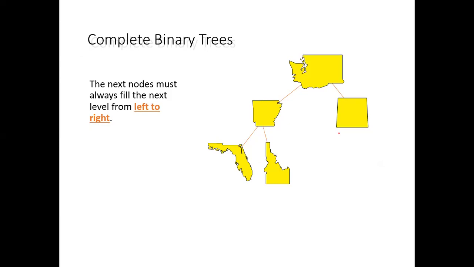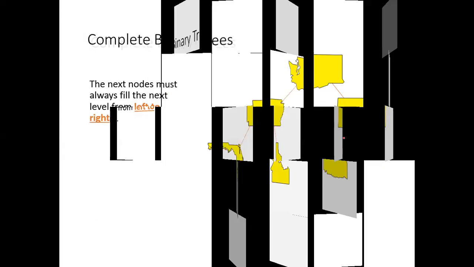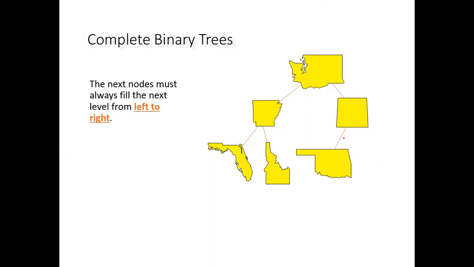So the arrangement will be done from left to right. If you can see, instead of adding this here, if I leave this one and add that one here, it is a wrong thing. So the next nodes will be added left to right parallelly. In this way, we are going to add them.